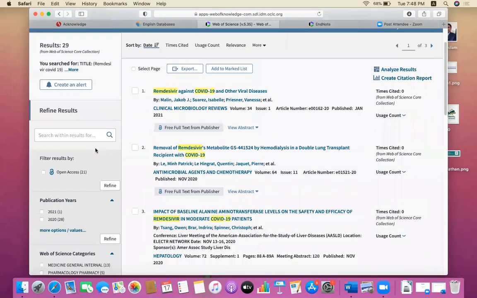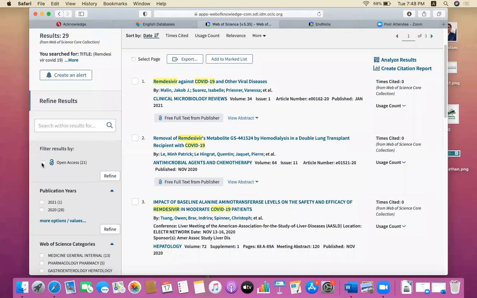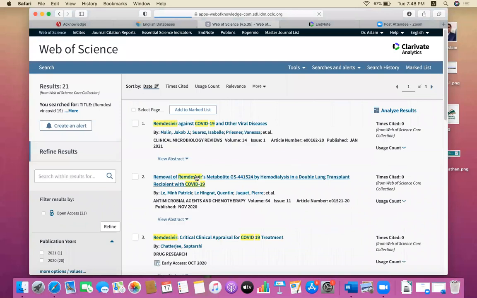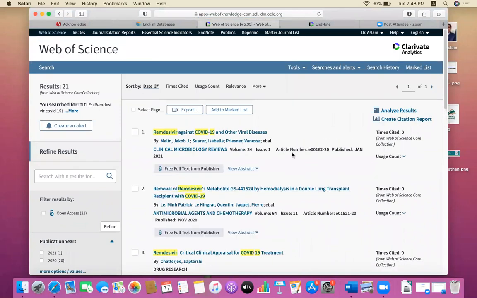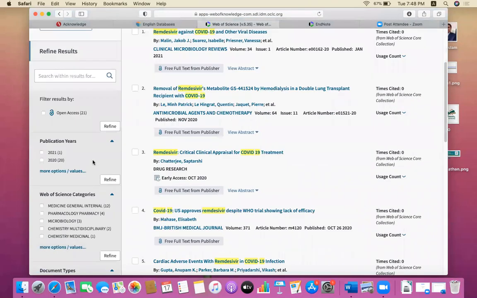Here you can select only the articles which have open access. There are 21 articles which are open access on the right side. So I will click on open access and refine it. So it will give only the articles which have open access and are free.